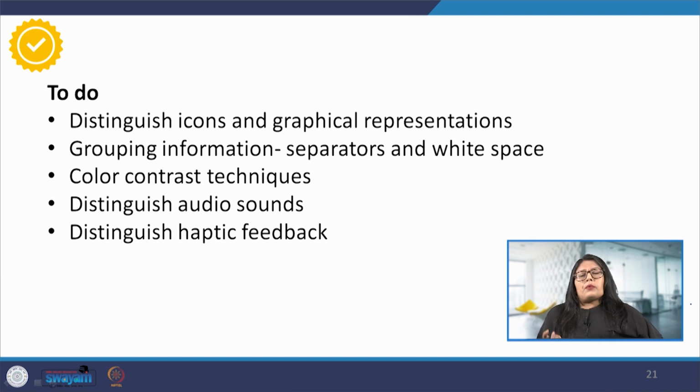And similarly, the haptic feedback. When we are typing, we get a little feedback, so we know that we have typed, right? Of course, we can control the haptic feedback also. It can be very mild or medium or high depending on our requirements. But in all of these, it is important that the designer should be able to help the user distinguish between all of these